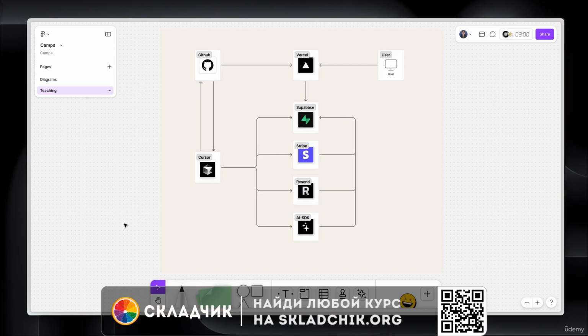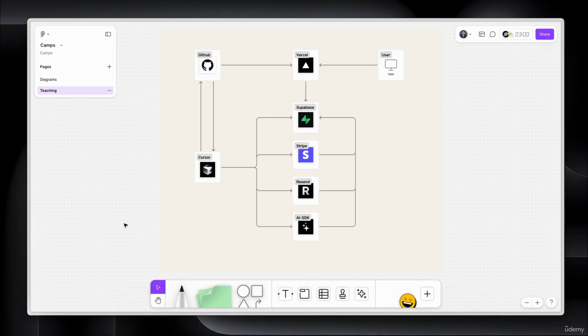I wanted to give you just a quick overview of all of the tools and services and how they connect, but just focusing on GitHub for now. So we can see where I'm hovering my mouse, we have Cursor. And we have two arrows pointing to GitHub and then back from GitHub to Cursor. And this is because we are working on our local project, but GitHub will also be where we store our